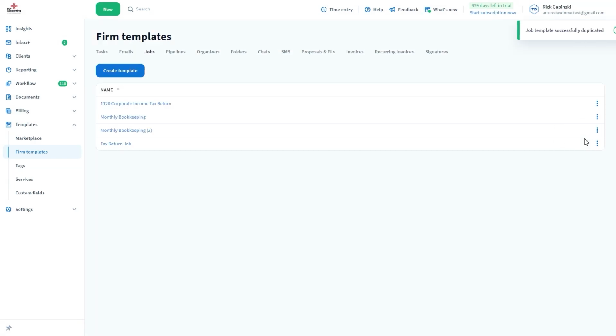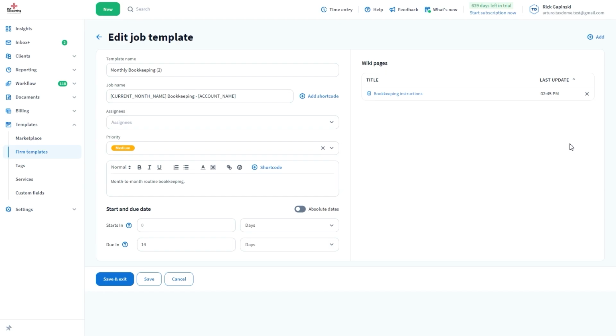I will duplicate my monthly bookkeeping template and rename it. Since my QuickBooks clients don't require me to wait for their data, I can streamline the process by modifying their job due dates. I can adjust their job due dates accordingly to accommodate this. With different job templates, I can also include different information for my team if needed, such as internal instructions for